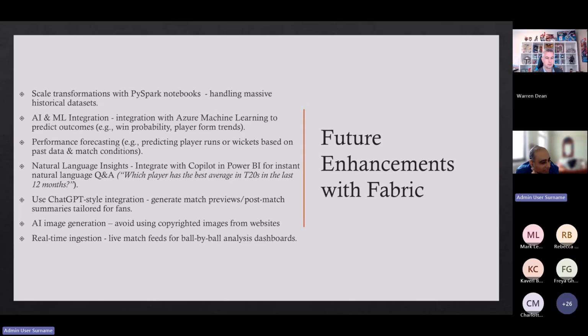For example, scale transformations with PySpark. Imagine expanding web scraping to not only related data sources, but to things like social media accounts, pulling in that data and mashing it up with their stats to see what meaningful insights we can grab. Building predictive models using Azure Machine Learning,